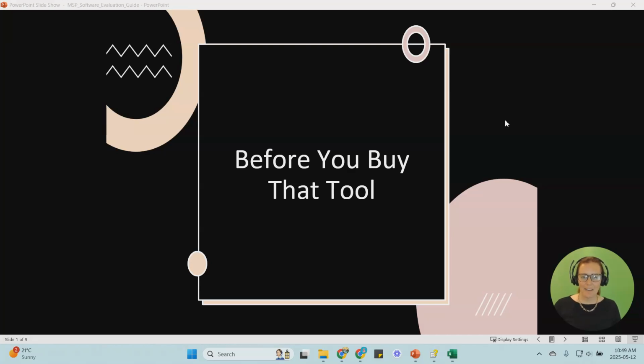I recently came back from a conference and there were tons of vendors, lots of new software, and a million new tools that you can buy for your MSP, professional AV, or security company. No shortage to the amount of tools out there. But before you buy that tool, there are a few things that I notice all my clients make the same mistake, and I want to take you through some of that process just to make sure that you're optimizing your purchases and keeping everyone happy along the way.